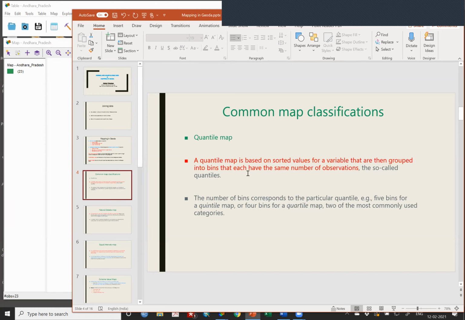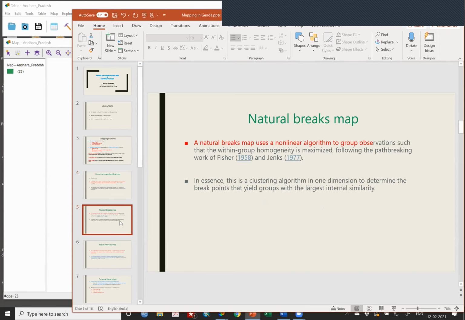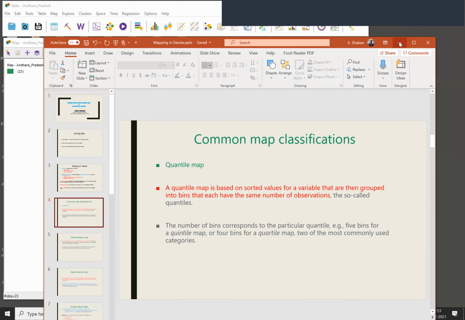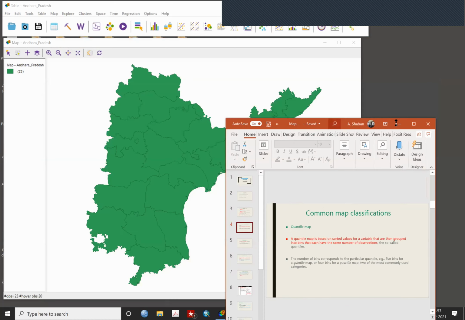And if it is classified into 10, it becomes decile, so you have 10 groups. This is exactly what I told you. Now let us see how the quantiles are prepared. Here, in Andhra Pradesh, I had 23 districts.